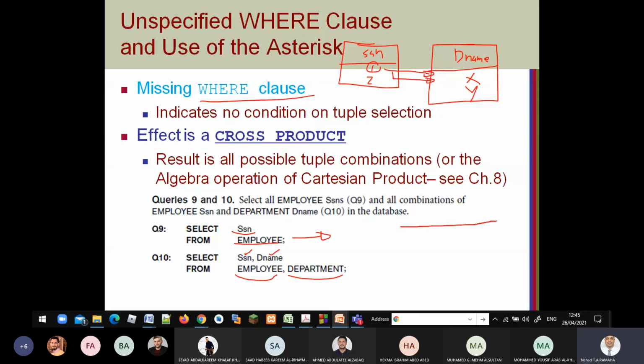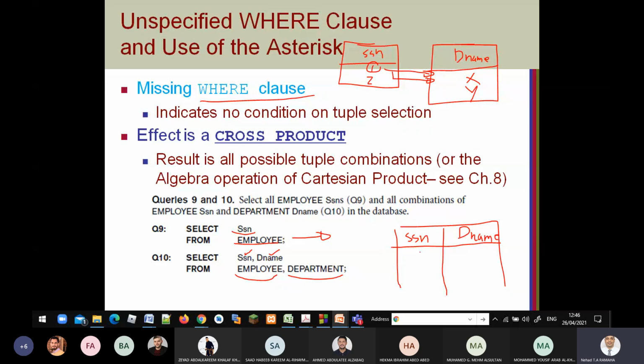So the result will be like this: the SSN and the name, and it doesn't have any meaning actually. Without a where clause, making a Cartesian product like this does not have any meaning, because you bring the employee with all department names, not his department name.